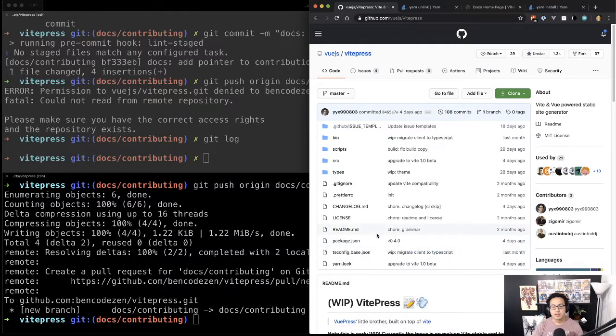All right, so we got a PR in. That is a success. So we have the source here, but VitePress really should have sort of like we have